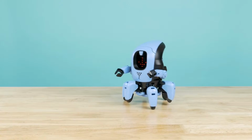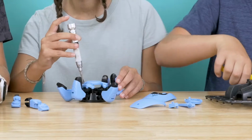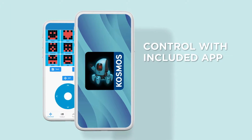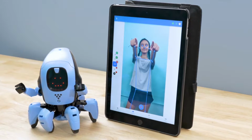Explore the future of advanced computing technology with Kai, the artificial intelligence robot. Build this six-legged, app-enabled robot from over 100 parts. Then teach it to react to the gestures and sounds you make. Using the included app and your smart device's camera and microphone, record sounds and movements and assign them to Kai's